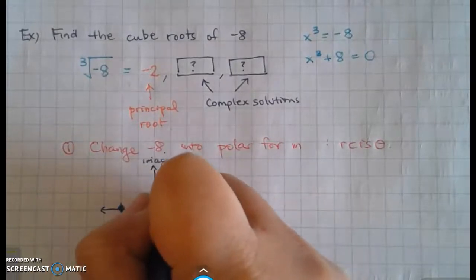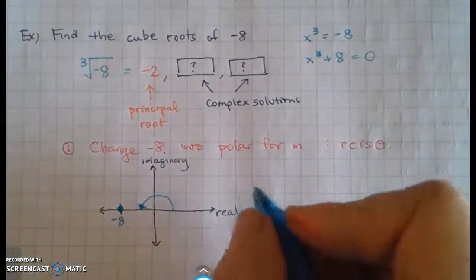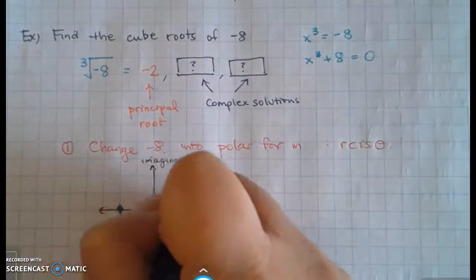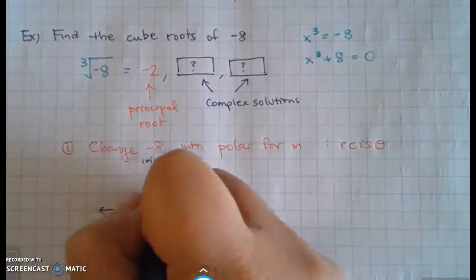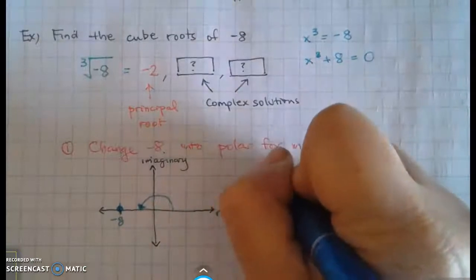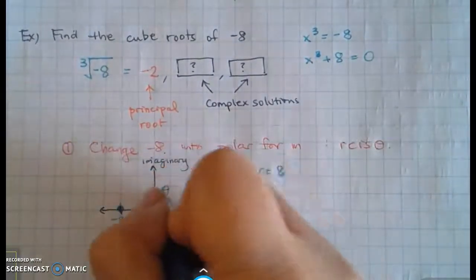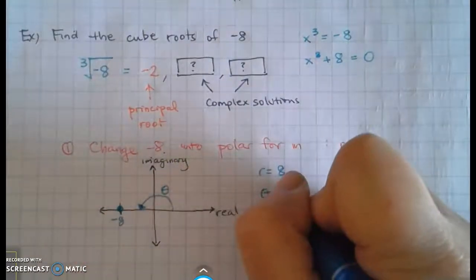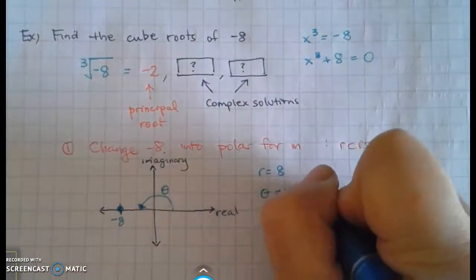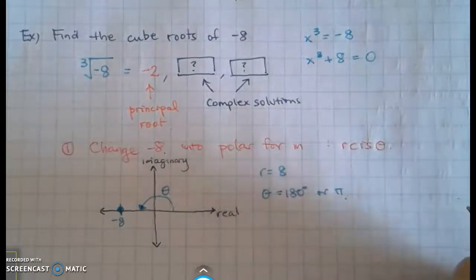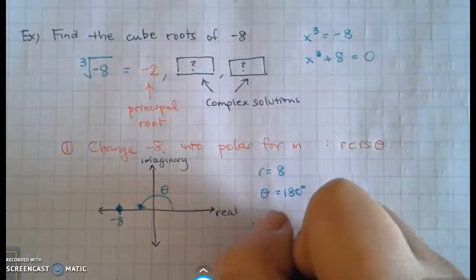And now we have to turn it into polar form. So the radius, the distance from the origin, r, is going to be equal to 8. What is the angle measure? This is my angle measure theta here. What is the angle? That's just 180 degrees or pi, right? So negative 8 in